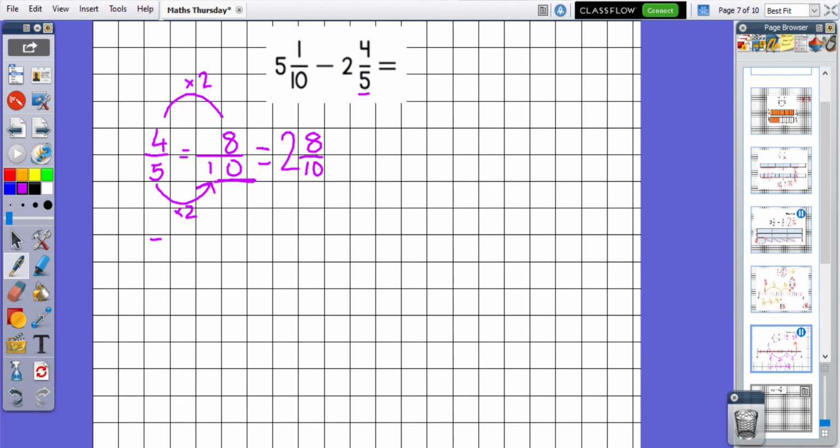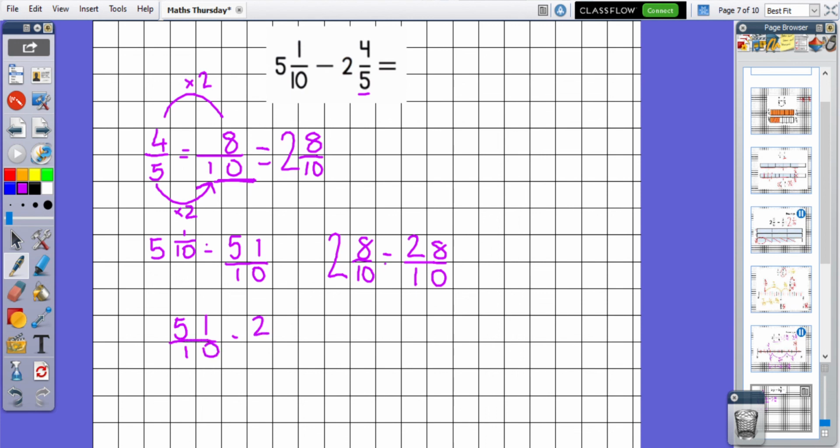So now I'm doing 5 and 1 tenth, subtract 2 and 8 tenths, okay? Now I'm going to make them into improper fractions. So if I've got 5 and 1 tenth, I'm going to convert that to improper. So remember, denominator times by the whole number. So I've got 50, add 1 to give me 51 tenths. And then I've got 2 and 8 tenths. So I'm going to times the denominator by the whole number to give me 20. And then I have 20 add 8 to give me 28 tenths. Okay, so now I'm doing 51 tenths,